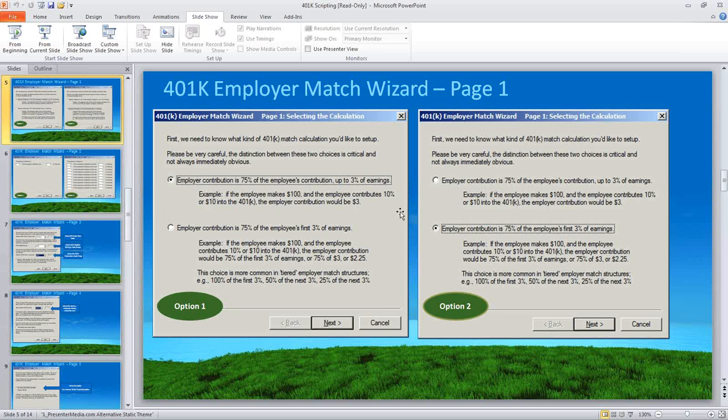There's another option below it which says the contribution is 75% of the employee's first 3% of earnings. So it's similar words but different math. Based on what the client told you in the questions you've asked them and also in the examples they've given you, you can decide which one you wish to use.